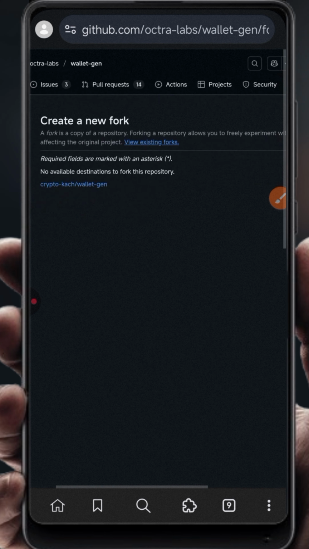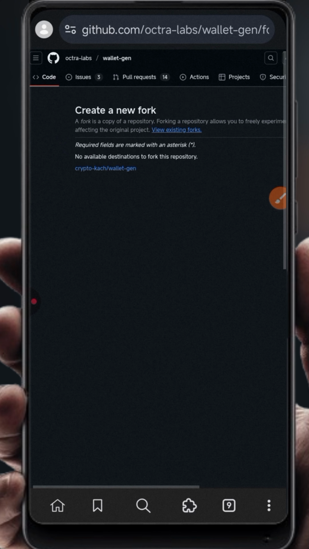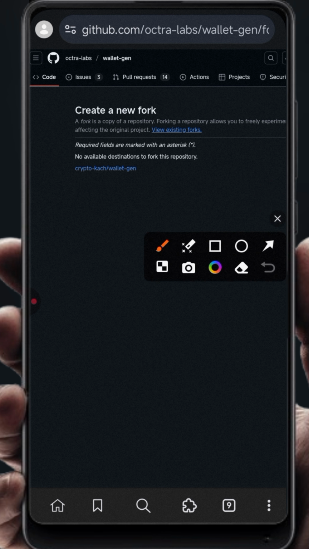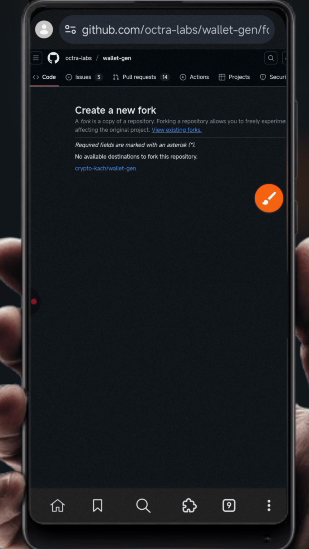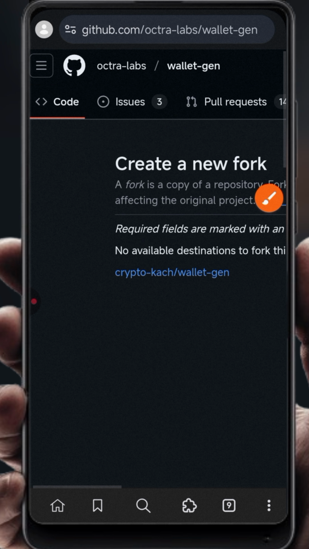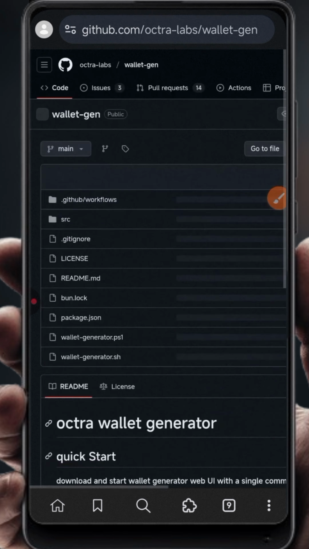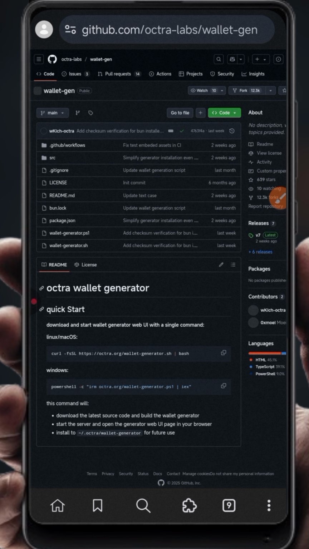It's going to bring you to this page here, and I've already forked the code before now. So for you, it's going to give you a button asking you to fork the code. So just click on it and everything will be done. It is not technical stuff. Once you have forked the code, it will load and return you back to this home page here,